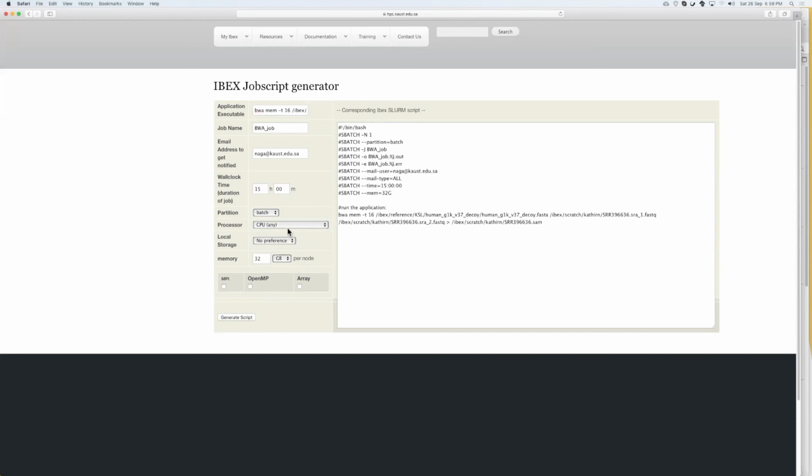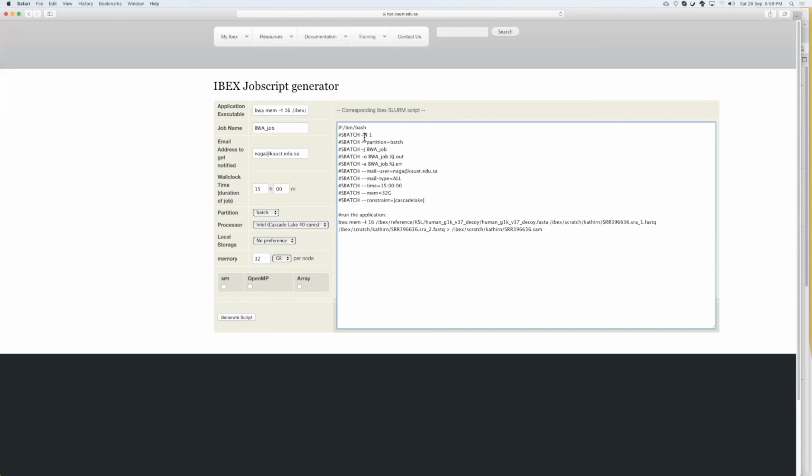In case the job needs to run on a specific CPU architecture, you can choose the CPU type. It may be Cascade Lake, Skylake, or Ivy Bridge and so on. For example, if I select Cascade Lake, you can see here the constraint is selected with Cascade Lake.